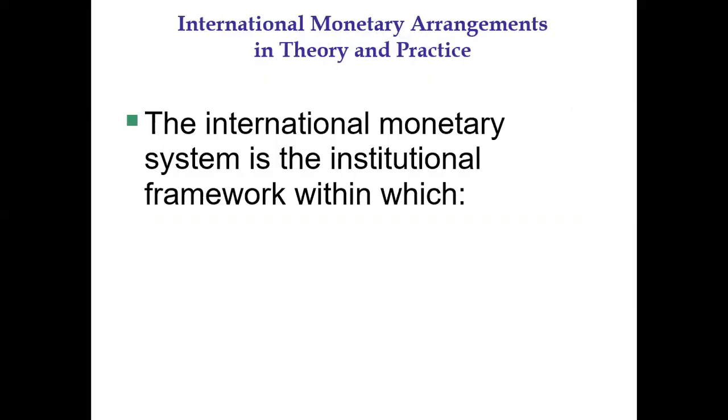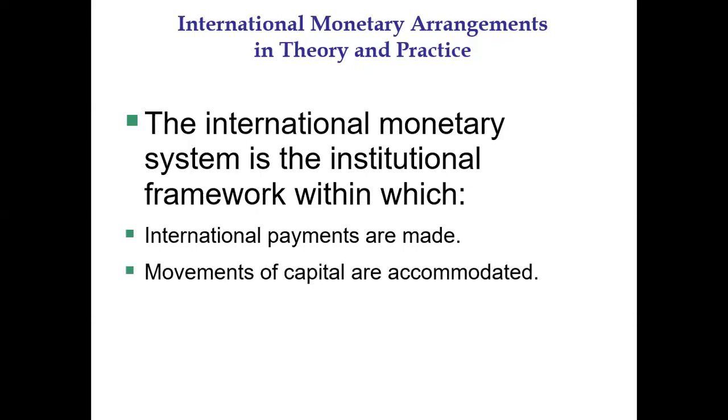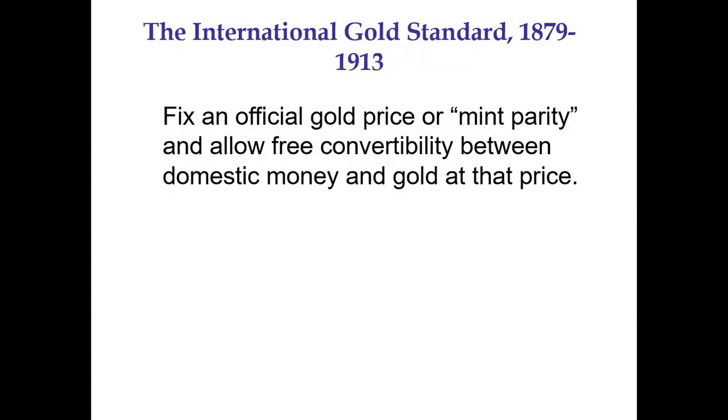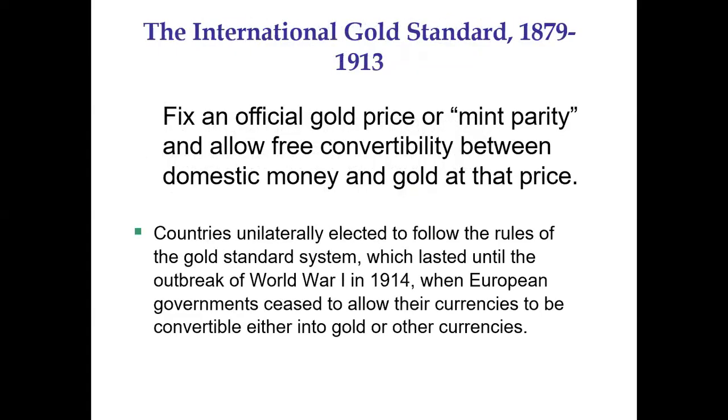The international monetary arrangements, or international monetary system, is an institutional framework covering international payments, the international movement of capital, and exchange rates, or the currencies and how currency valuation is done. So the international monetary system has payment gateways and payment systems, it has movement of capital, and third, deciding the exchange rates. The first effort at an international exchange rate was started way back, which we call the gold standard.